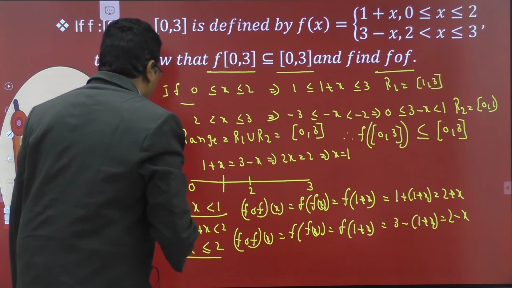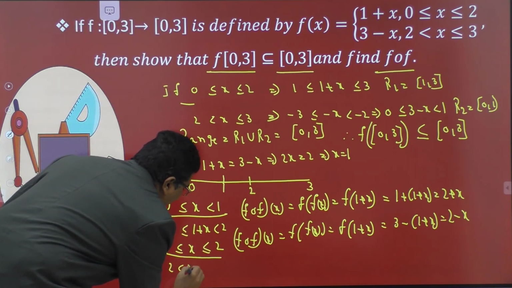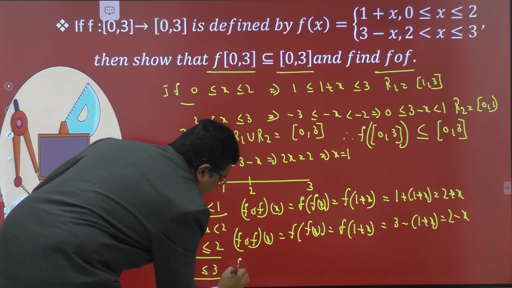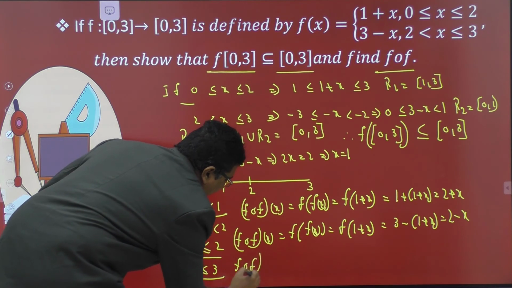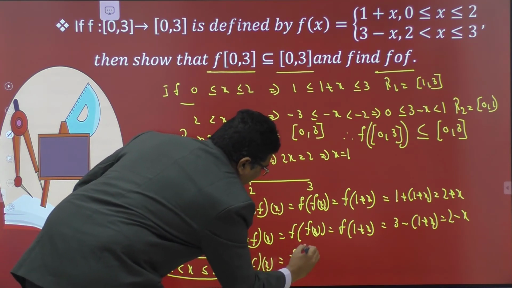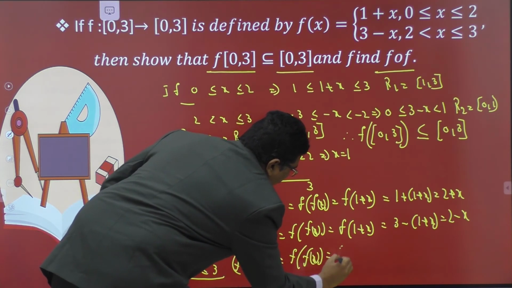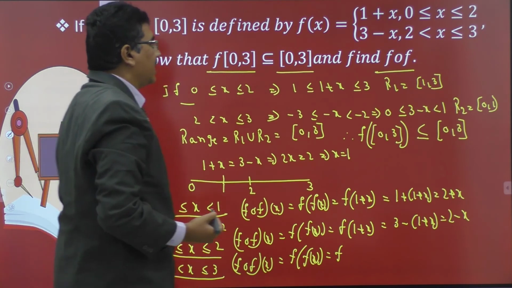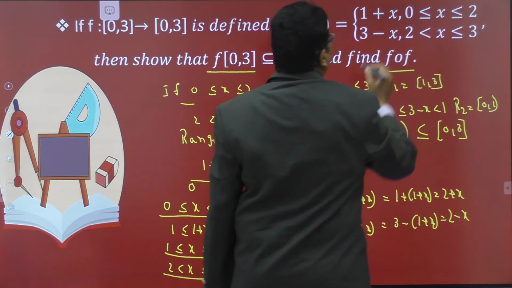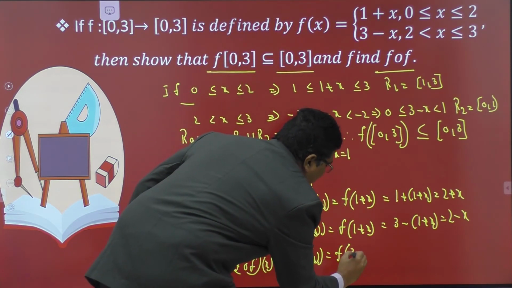Right, now x lies between 2 and 3. In this case, f circle f of x is equal to f of f of x. Its image is 3 minus x, so f of 3 minus x.